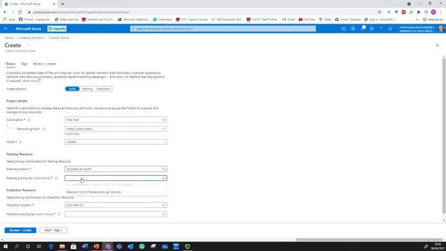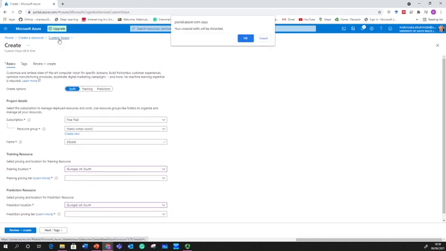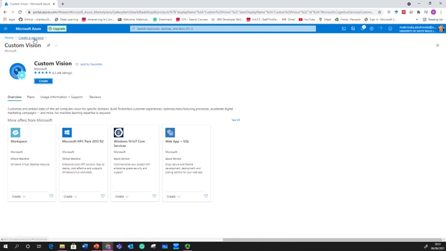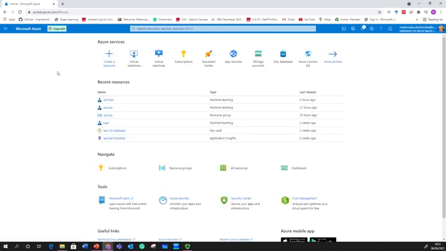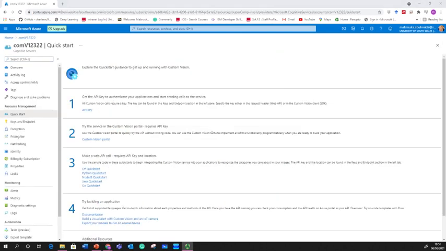Then South. The F1 shouldn't be already created because I've already created it. Okay, now I understand why, but you should have the F0, you choose that, and then in here you choose UK South, and the F0, then again you choose that. The reason it's grayed out for me is because I've already created it. So I leave this page now, I go back to my resources, and I'll find my Custom Vision page, and then from there you would see the options I have, and then start working on the rest of the lab. So here, as you see, I've fully deployed my comp vision